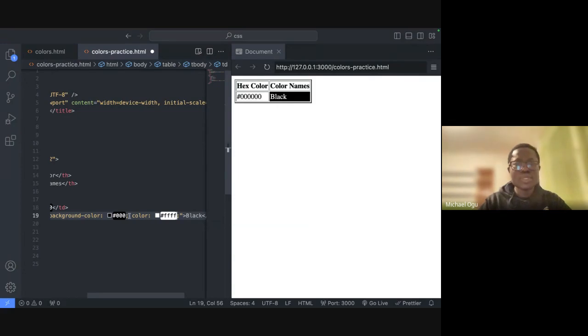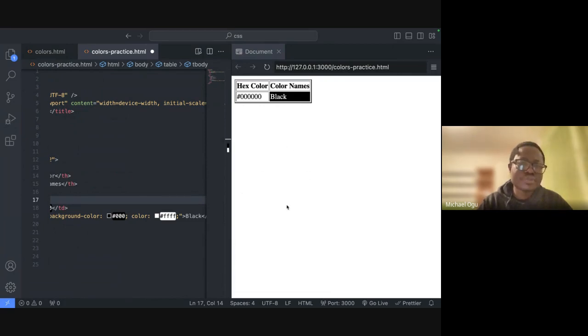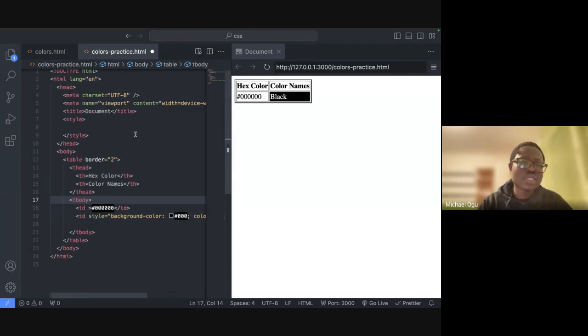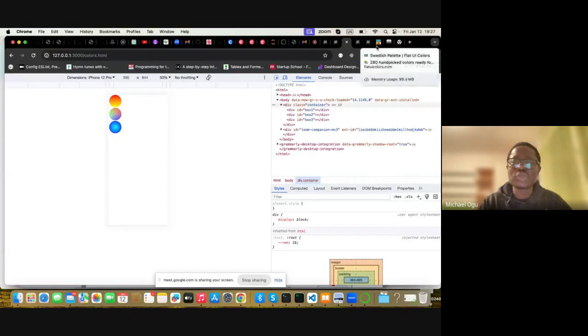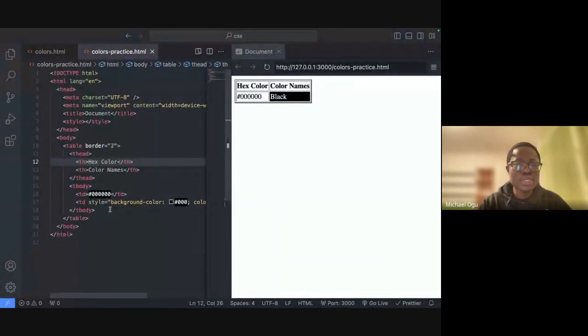So basically what I want us to build is something like this, where you have this color code and then the color names. Color code and color names. You also build a table with as many colors as possible. So what I would advise you do is to go here and pick all these colors. You can see the color names and the code are there. For instance, I can pick this one and come here and say